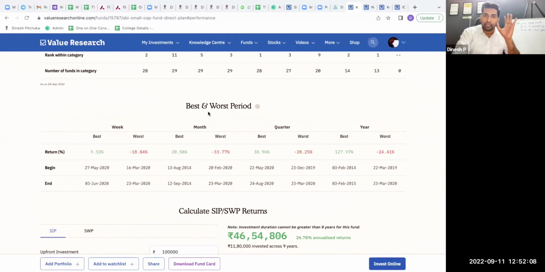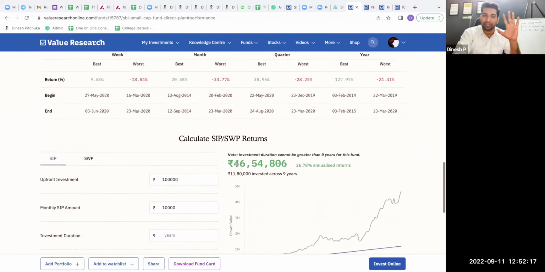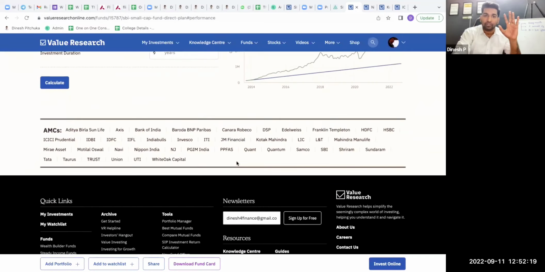This one is to give you an idea about when things go wrong. You need to have patience. That is one thing which is very clear when it comes to these particular funds. And then coming to the next one,